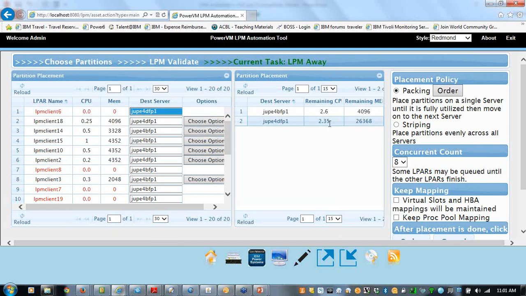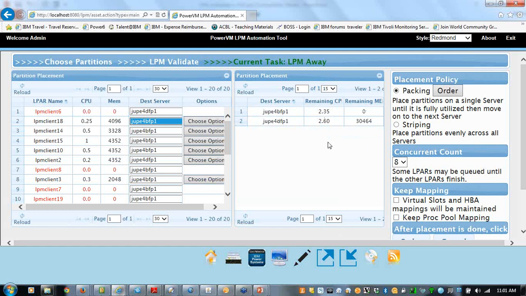Let's go to row number 2 on the left, and you guys watch over here. So no sleight of hand going on. I'll change this from 4 Delta to 4 Bravo. And you'll see the numbers changed over here. It said, oh, okay, you just moved client 18 that was 0.25 CPU and 4 gig. You want me to place it on a different server. Let me show you how much we have now. Now look at that, Jupiter 4 Bravo. It's down to 0 megabytes.